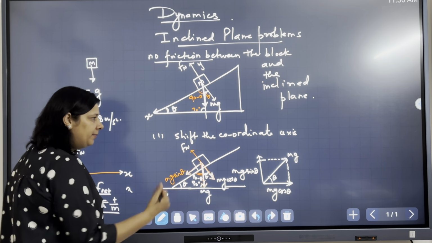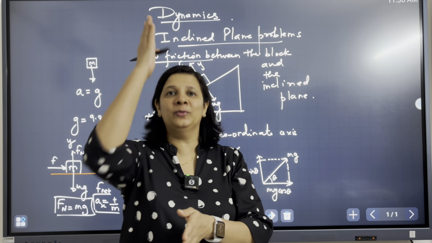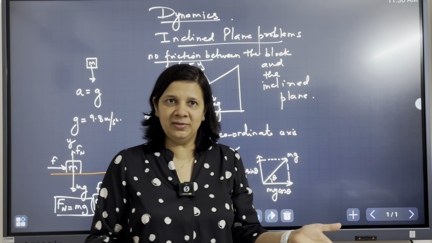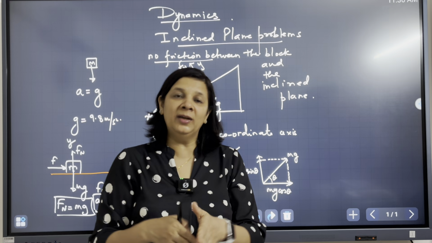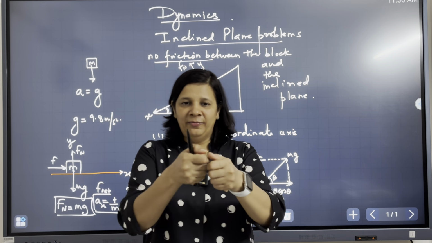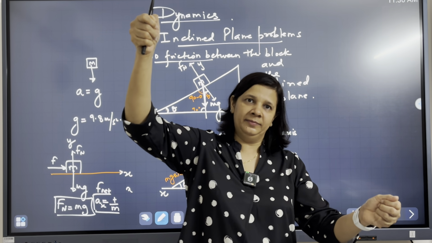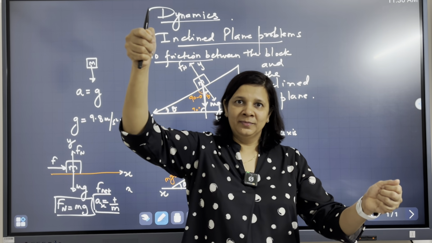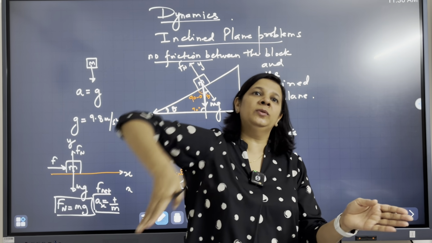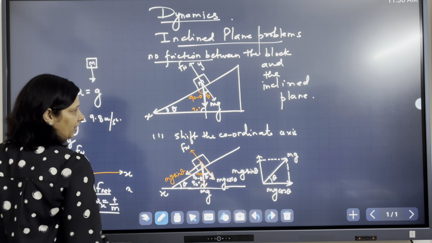This is the x-axis. Why am I doing this? Because I need the force along the incline and perpendicular to the incline, right? Because along the incline, if I know the force, I can find the acceleration, and perpendicular to the incline will give you the normal force, right? So what we have to do in the inclined plane, whenever an object is kept on the horizontal table, you have to just tilt it with an angle theta. So your x-axis will be shifted with an angle theta, and perpendicular to that inclined plane will be your y-axis. Okay, I hope this is clear.